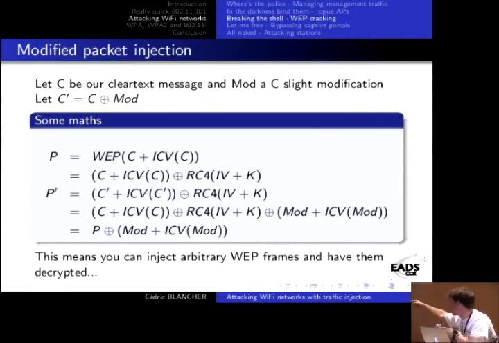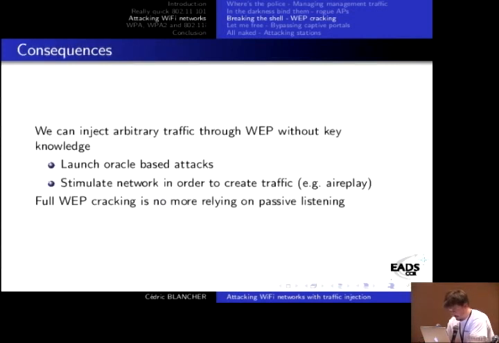So with these formulas, I can take a frame and do whatever modification I want in it, and this frame will still be correct for the Wi-Fi stack. So it can be decrypted, the CRC will be okay, and then we'll pass the packet to other layers. So this kind of thing is used massively for two things. The first thing is